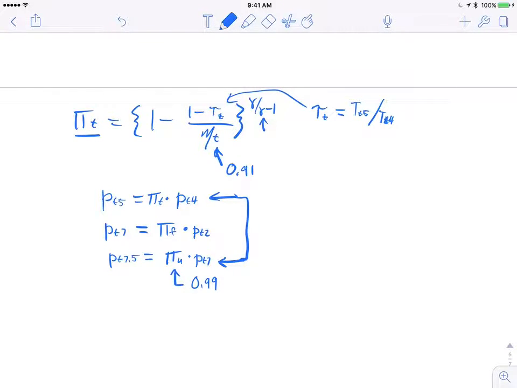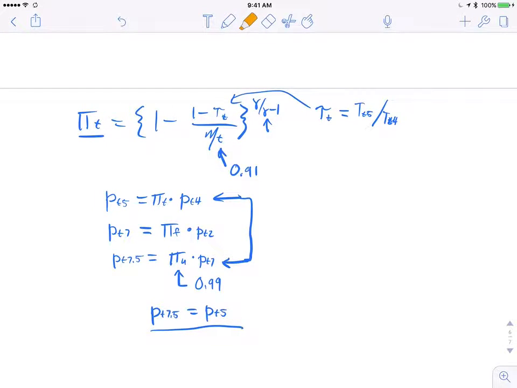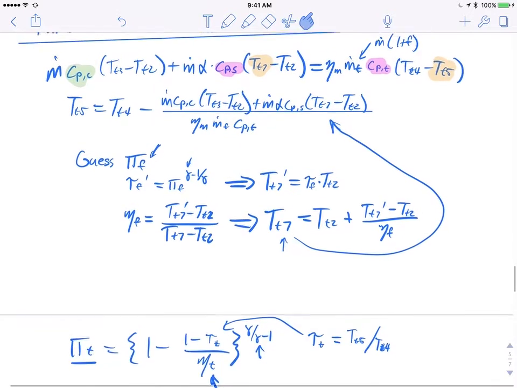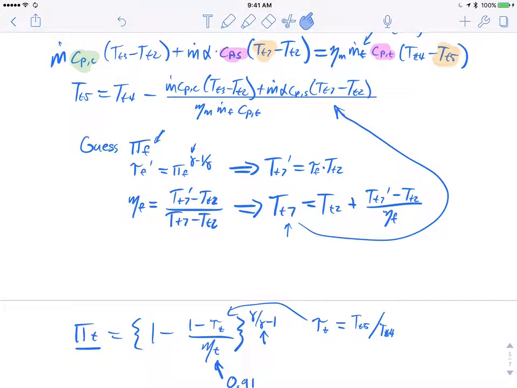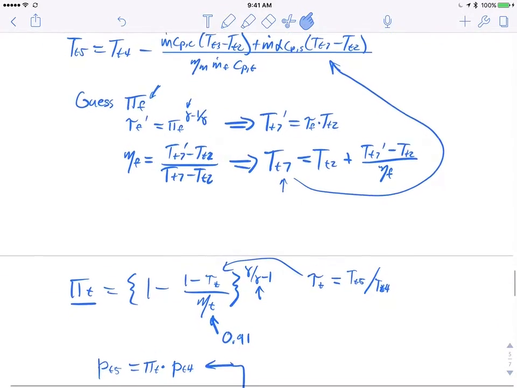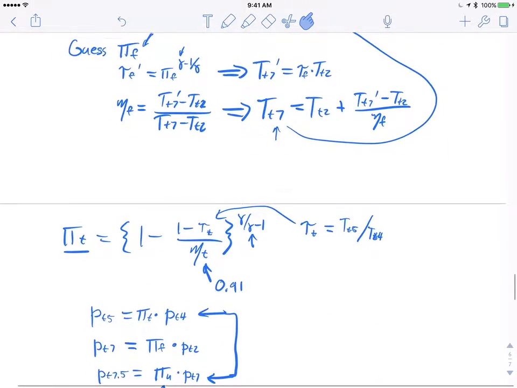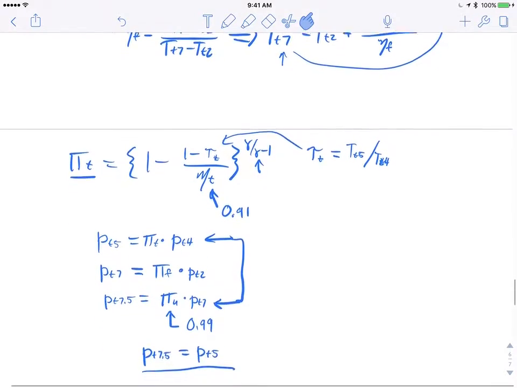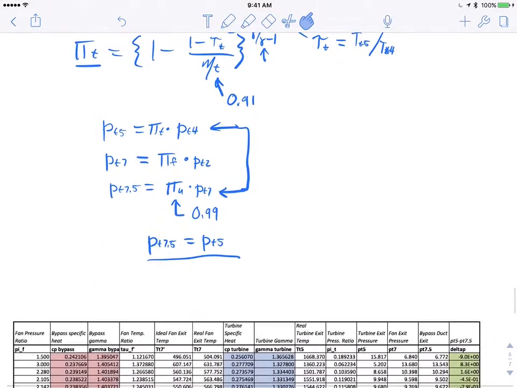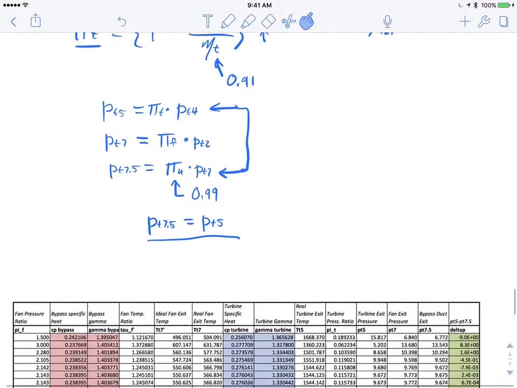And if this engine is going to work, we've said that those total pressures have to match. So we're looking for PT7.5 is equal to PT5. And we're actually going to keep iterating here and adjusting our guess of pi f until this equality is satisfied. So we have a pretty big iteration loop. It starts way back at the top with our guess of pi f and works down through calculating TT7, then TT5, and then our turbine pressure ratio, and then our turbine discharge pressure and bypass discharge pressure, and seeing if